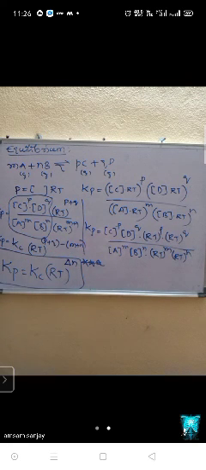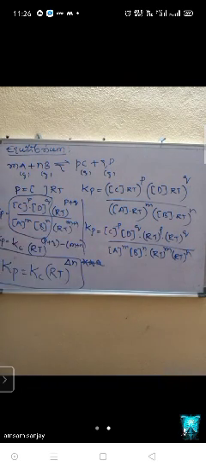Kp is equal to Kc RT whole power delta N. Sir, I didn't do anything. Just I took Kp for this equation. But according to the ideal gas equation, pressure is equal to concentration into RT. This concentration means n by V only, nothing. That I applied, just a simplification I did. I didn't do anything extra. It means, what is the relation I got? Can you see? Kp is equal to Kc RT whole power delta N.